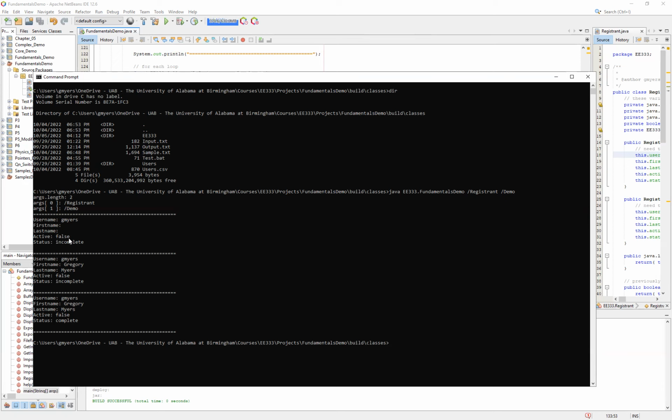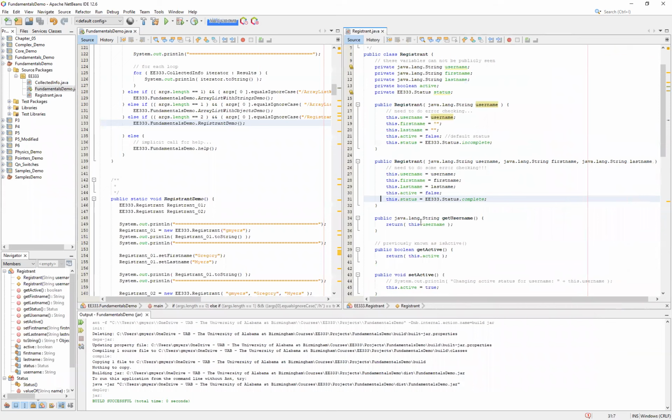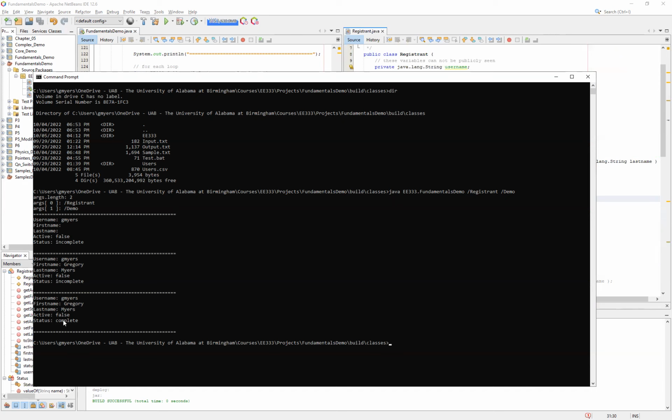Likewise with the last name, status is incomplete as a result. We go down here, we change or we set the first name and last name, but we have not yet written into our code any validations. So fundamentally, it's still incomplete. We'll come back to that in a later video, but you'll notice when I pass all the information at once, because we have set this up in such a way that we set the default to complete, then you'll see on the command line, again, the status is complete, active is still false in all three of these examples, and